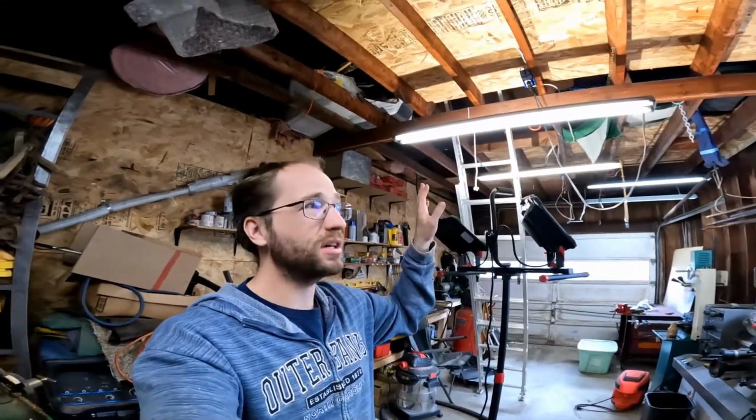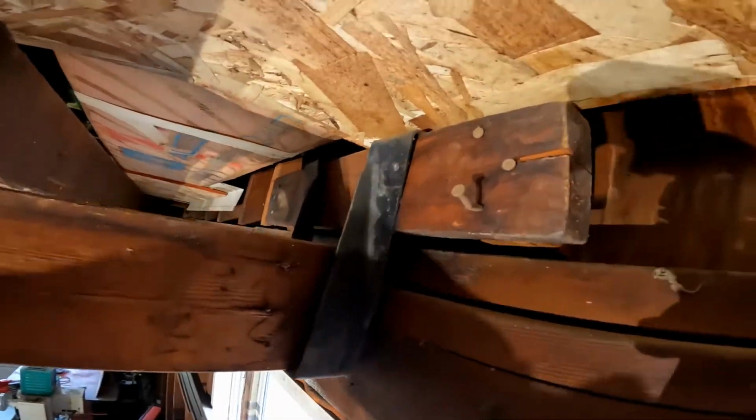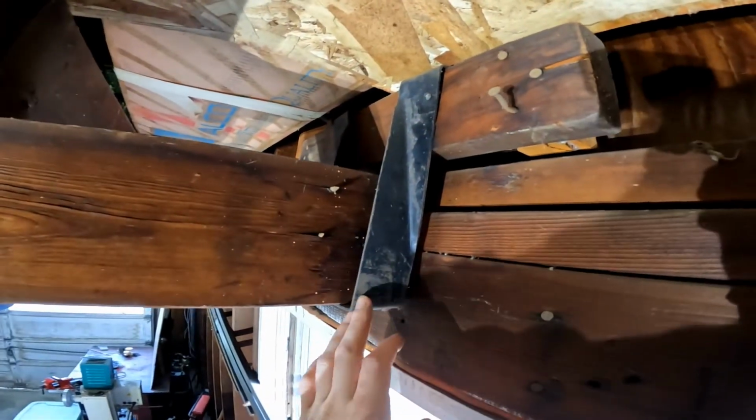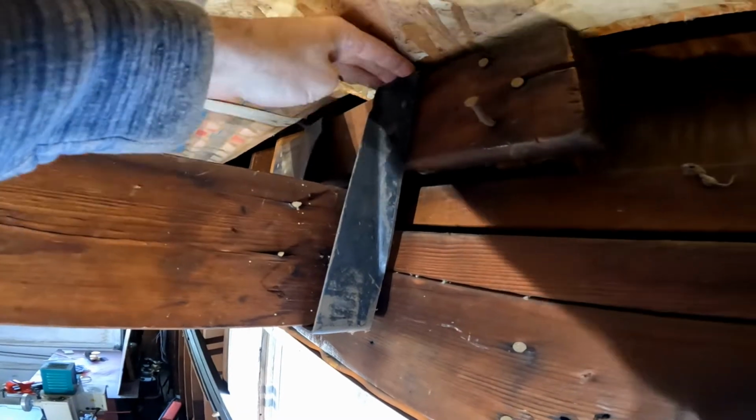Today's project is in my garage. I've got a main beam that supports all the roof rafters that run across the attic. Over the years I've started using the attic for storage, so I have a ladder that I can get up in there. What's really wrong with it is the beam hanger comes up and it just sits on top of